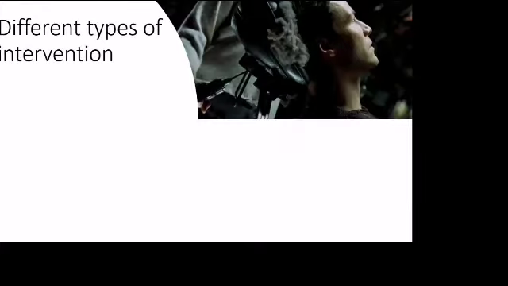Okay, so the different types of interventions that we have. I don't know if you remember in the Matrix, Neo and his team used to be plugged into the Matrix to get back into it, and then they used to come out by using the phone. We need to get rewired ourselves as coaches. And it's easy once you have seen the light. So let's look at a few of these different interventions.